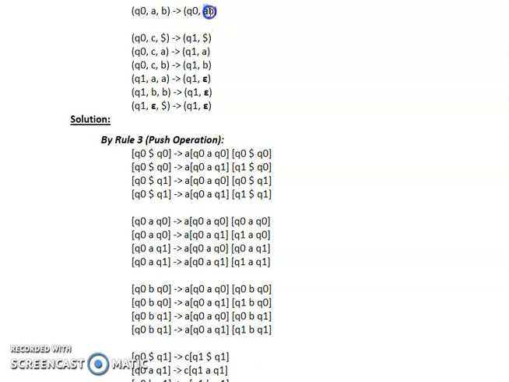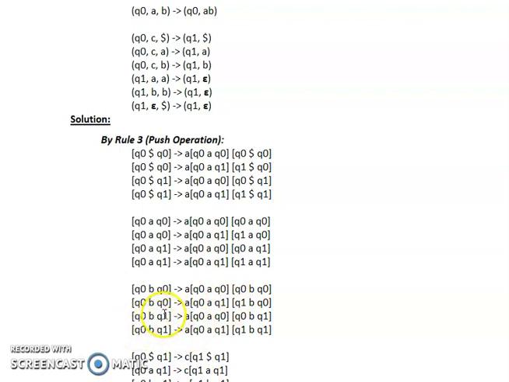So in the stack, we have 2 values, A and B. So A over here and B over here. Now we can have the values for Q0. The ending will be Q0. In the middle, if this is Q0, then this is also Q0. Then in the second case, if this is Q1, this is also Q1, because we have 2 states, Q0 and Q1. So we have to put for both.